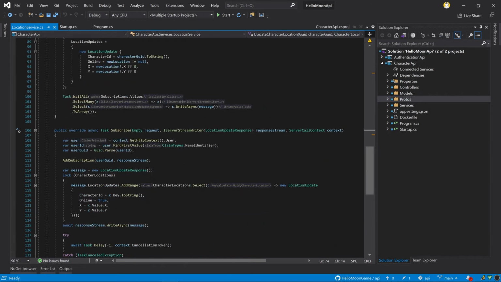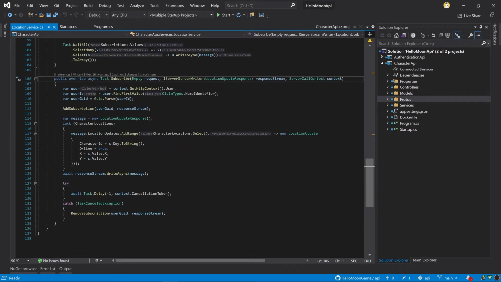So they're all private. It's quite some code, but remember, this is just the first dummy implementation, and this is not where we will end up with production. So I'm not too concerned about how this is currently set up. It just has to do the job. And this is our subscribe method. As you can see, I have an override async Task Subscribe. We have this empty request, and this empty class